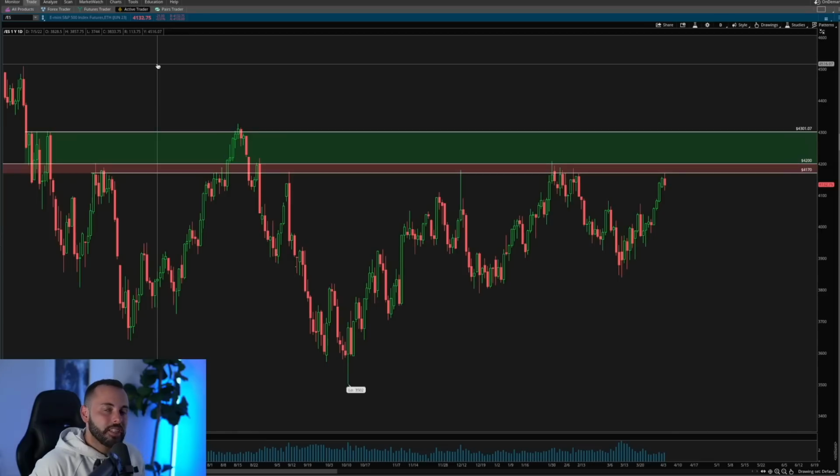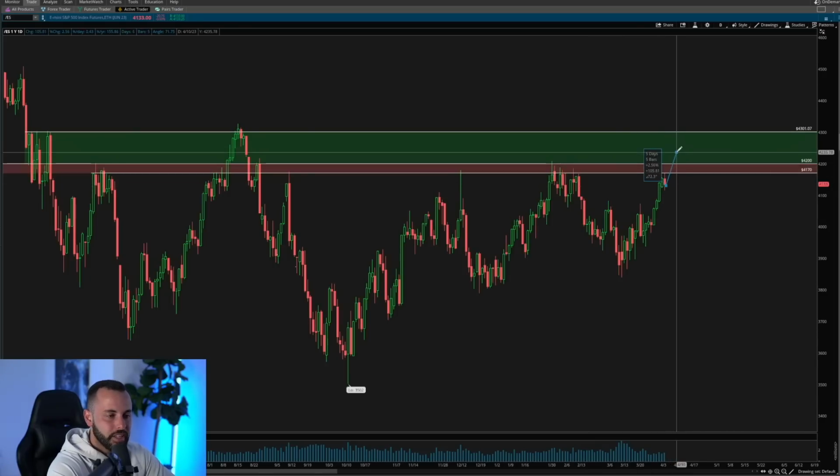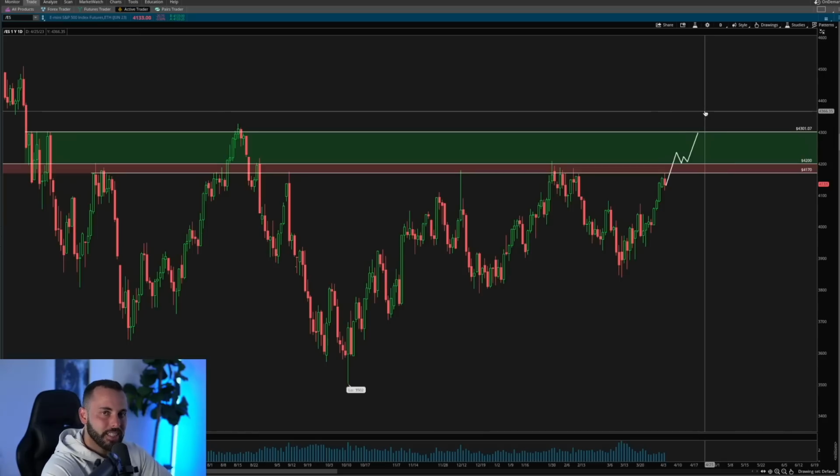So now the question is, how do you go long in the current market environment? What would you look for to potentially get a new long entry, a confident long entry with a positive risk to reward? For me, it is a break and retest above 4,200. I believe that 4,200 level on the S&P is going to be crucial. And if we do push above that 4,200, and if we do turn that into a new support, that would be where I think the risk to reward flips to the longs